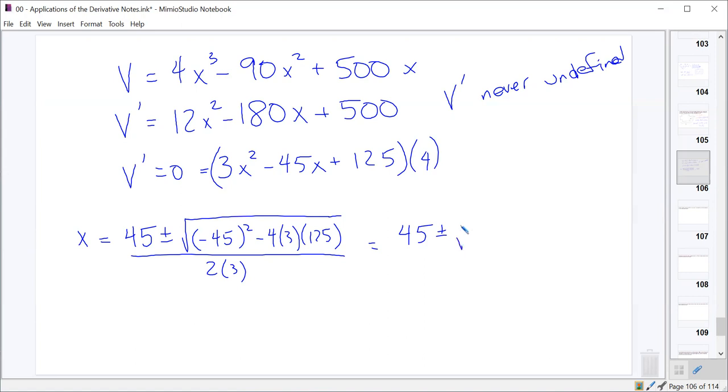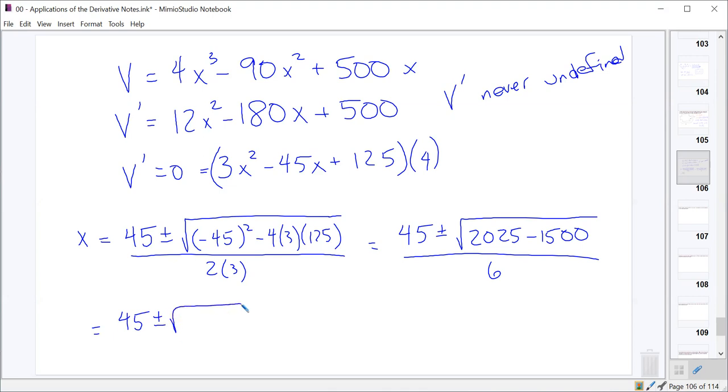45 squared is 2025, so 2025. And then 4 times 3 is 12, so we've got 12 times 125. And 12 times 125 is 1,500. So minus, I almost put a plus there, minus 1,500 all over 6. And if we do 2025 minus 1,500, that ought to give us 525. So we're looking at 45 plus or minus the square root of 525